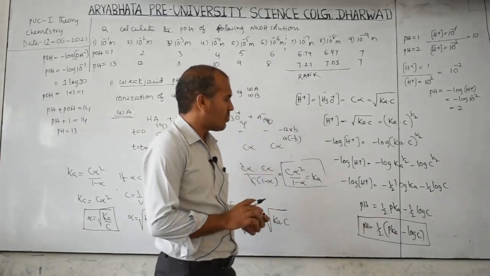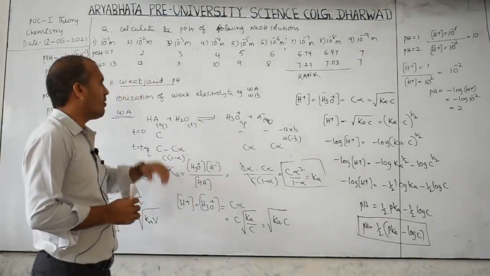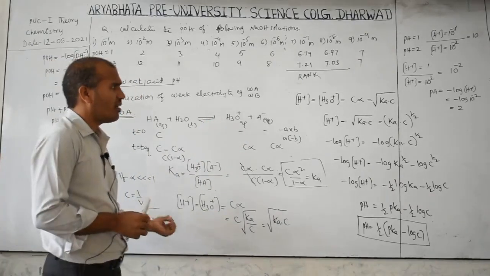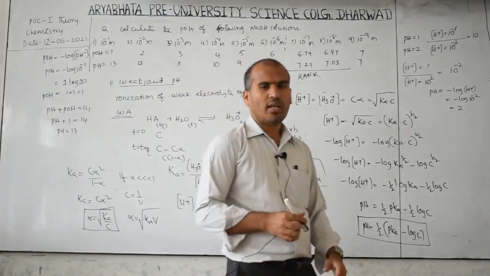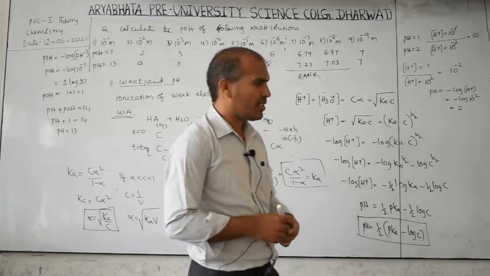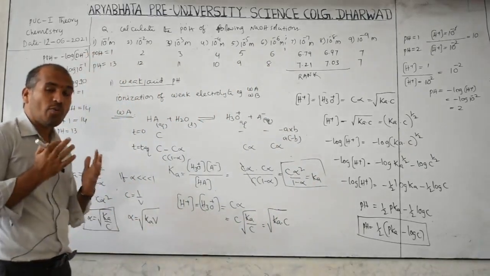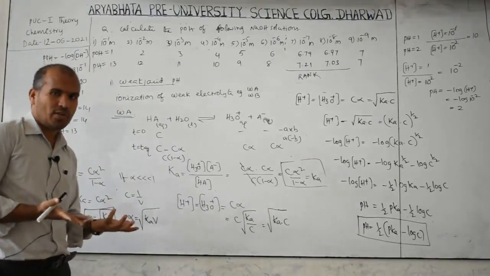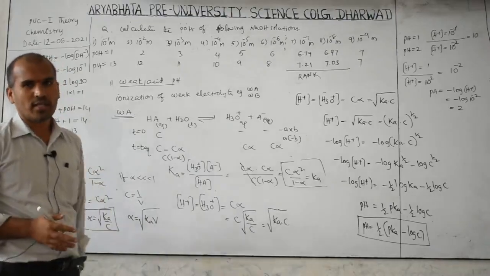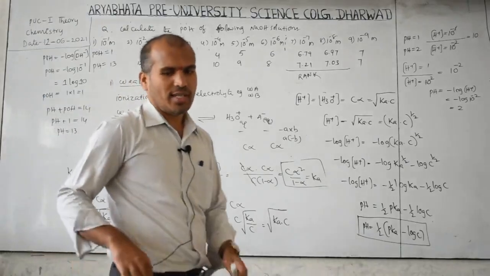So this is also very important to calculate the pH of a weak acid. If directly is there, we can neglect, otherwise use this formula. Then when we have to neglect and when we don't want to neglect, I will discuss in the next class, because alpha less than 1 is there, we can neglect. But how do we know this is a very small value, up to which point we have to neglect, up to which point we have to consider, students generally get confused. For this also I will give one shortcut, then you will easily know this.